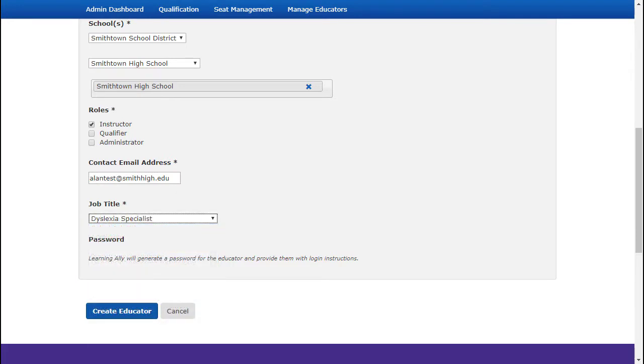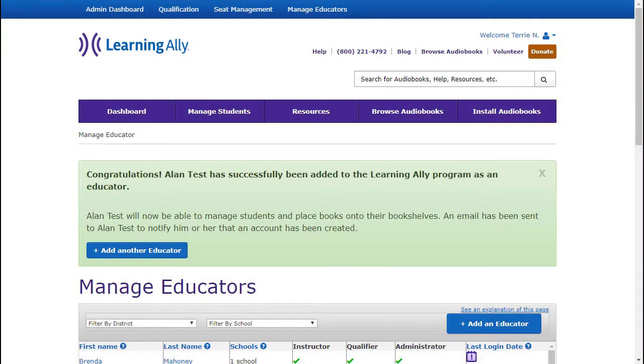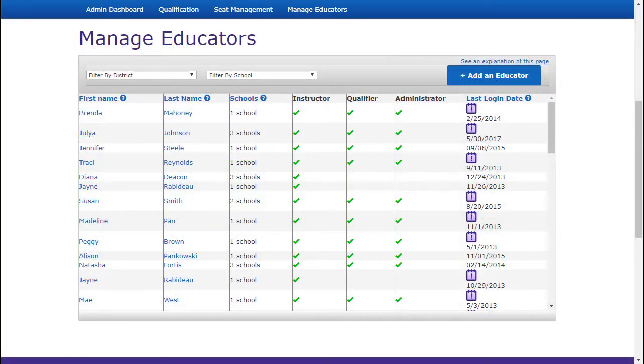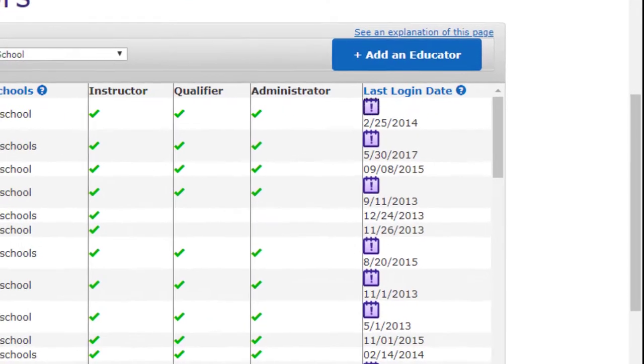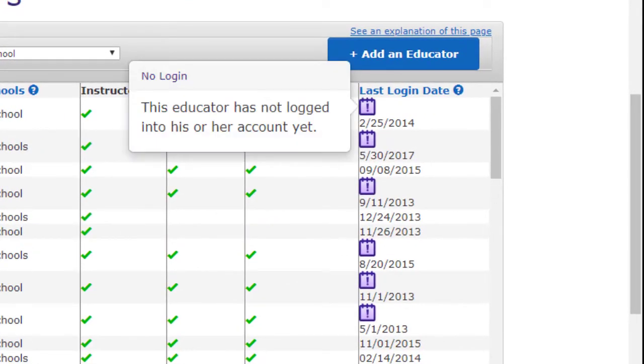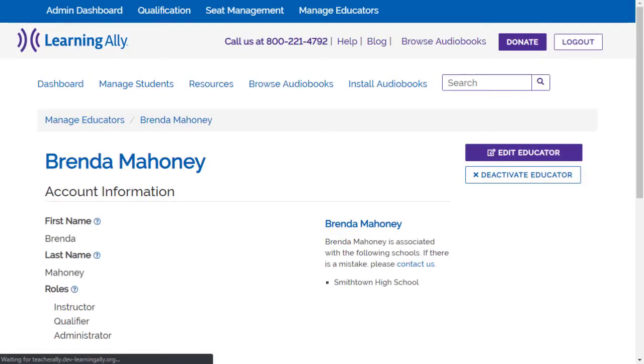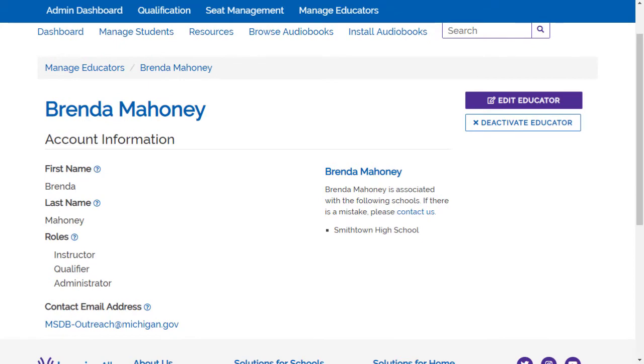The newly added educator will receive a welcome email with their Learning Ally username and a temporary password. Next, review your list to analyze who has logged in, edit, or deactivate educators. An alert icon indicates that an educator has not logged into the Educator Portal. Select the educator's name to edit their profile or deactivate them if they should no longer have access to your